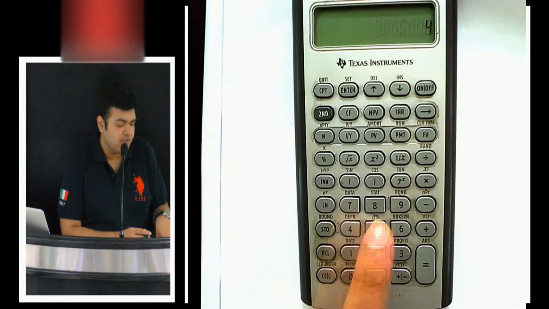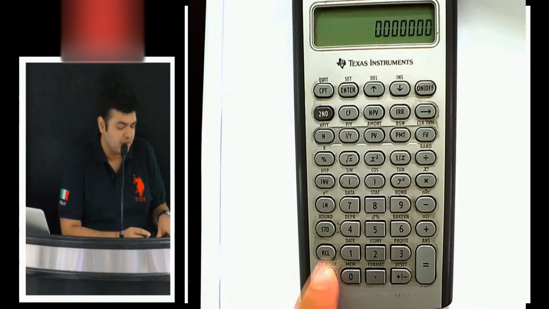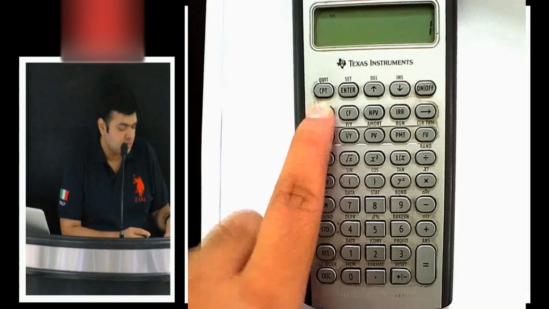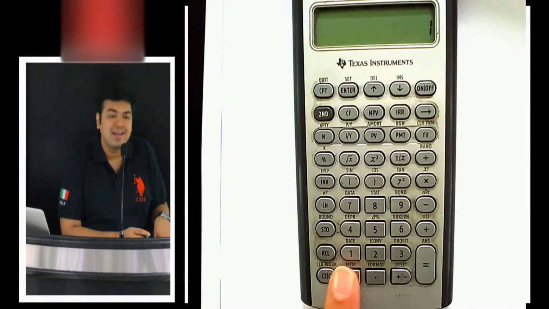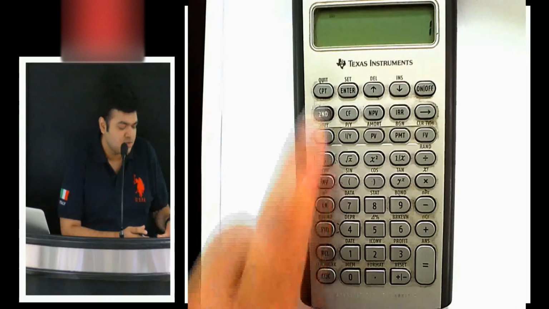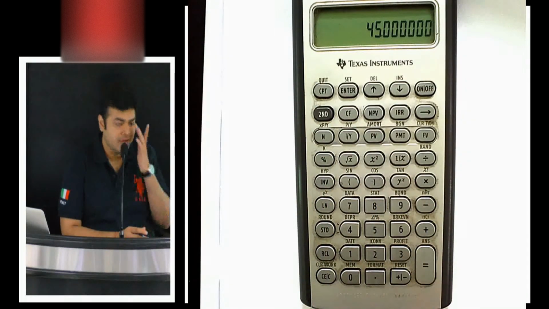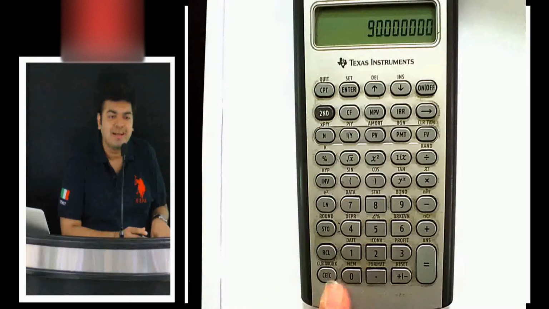So basically, inverse of tan 1 is equal to 45 degrees. I think it was supposed to be 1. Yeah, it was correct. I typed 1, and tan 45 is 1. So tan inverse of 1 is equal to 45 degrees. I press 1, inverse of tan, and it is equal to 45. Inverse of sine of 1 is equal to 90 degrees.